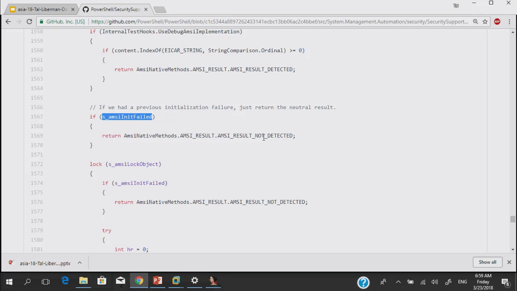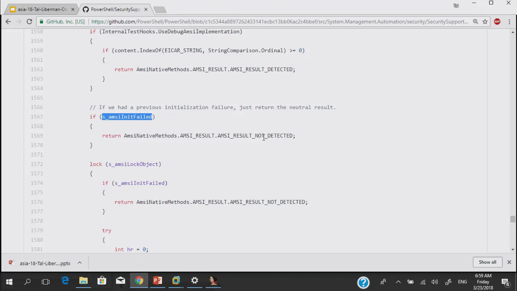Now the problem here is that the PowerShell code is assuming that whatever the provider answered, whether it's a valid return code that says I've scanned it and it's not malicious, or I had trouble scanning it, or I couldn't even initialize AMSI because of some attacker method that we're going to see later, at this point, PowerShell is going to keep going as if AMSI didn't exist.